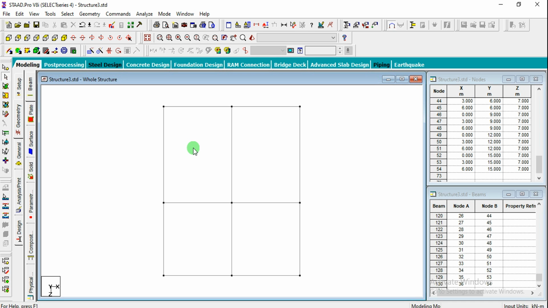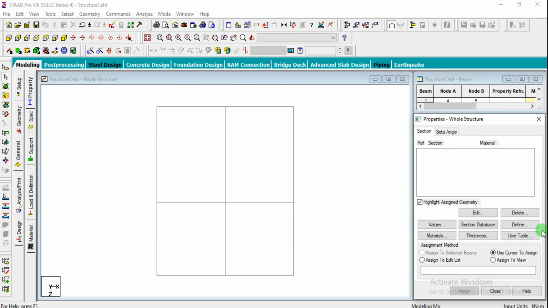In this video we are going to discuss how to show the 3D structure. Generally, whatever geometry we create here is nothing but the center lines of the beams, columns and the plates, that is slabs. So if you want to show the cross section, then after assigning the cross section,